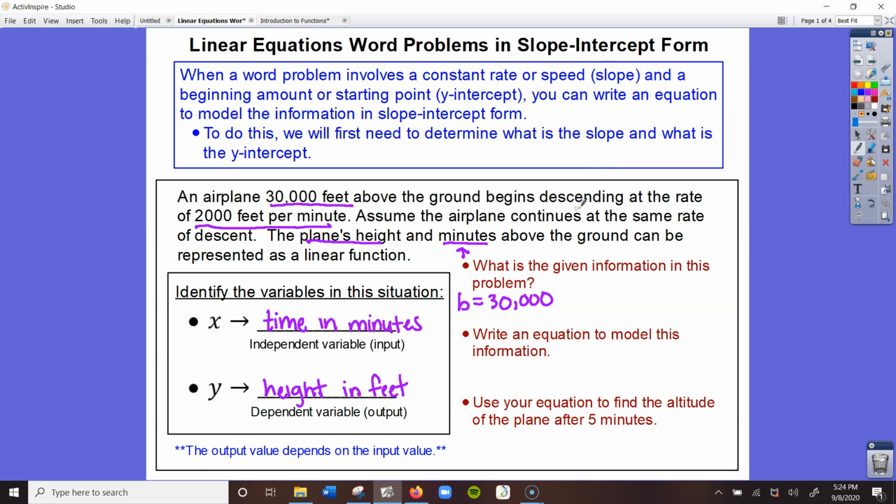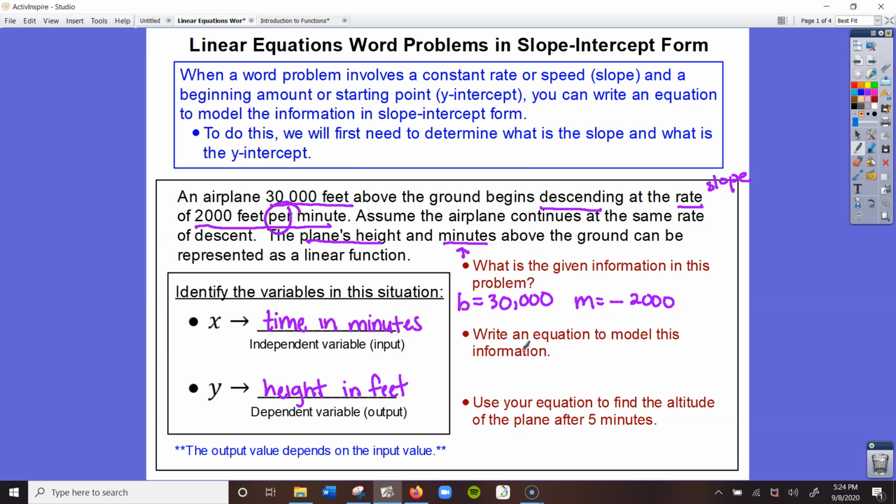We also see that the plane is descending at a rate. Whenever you're given a rate, this is your slope. Now because it is descending, that means that the height of the plane is going to decrease. And if you ever have the dependent variable decreasing, that means that your slope is going to be negative. And it is negative 2,000 feet per minute. Whenever you see this word per or every, that tends to signify that we're looking at our slope